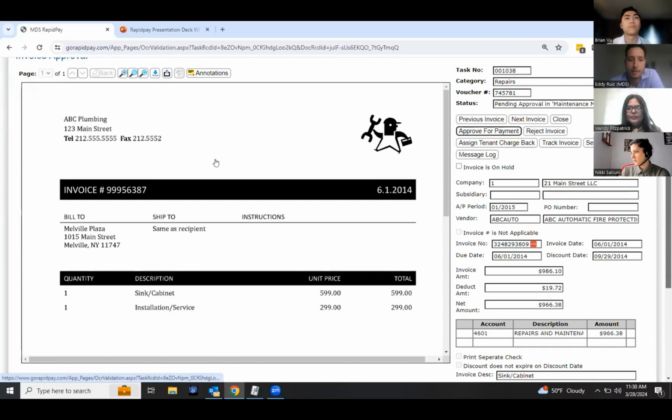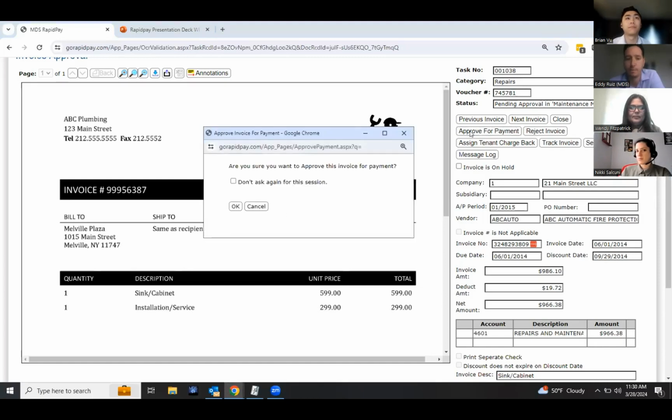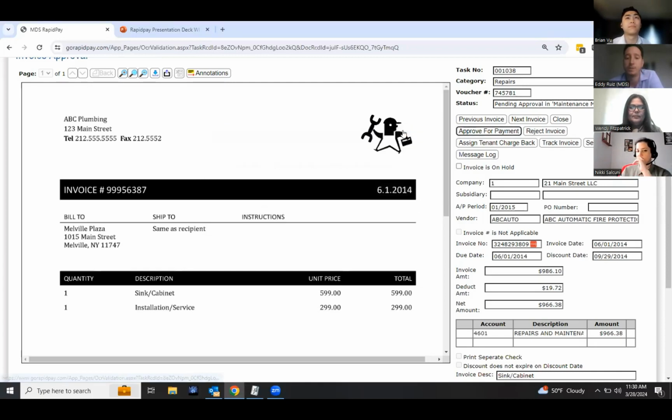On the left-hand side, you'll have an image of the actual invoice. And on the right-hand side, you have all the necessary information. So as an approver, there's a few things that I can do. First thing I can do here is simply approve for payment. Once I approve for payment, I'll get a dialog box saying, do you want to approve this invoice for payment? Once you hit OK, then we'll jump off to the next invoice